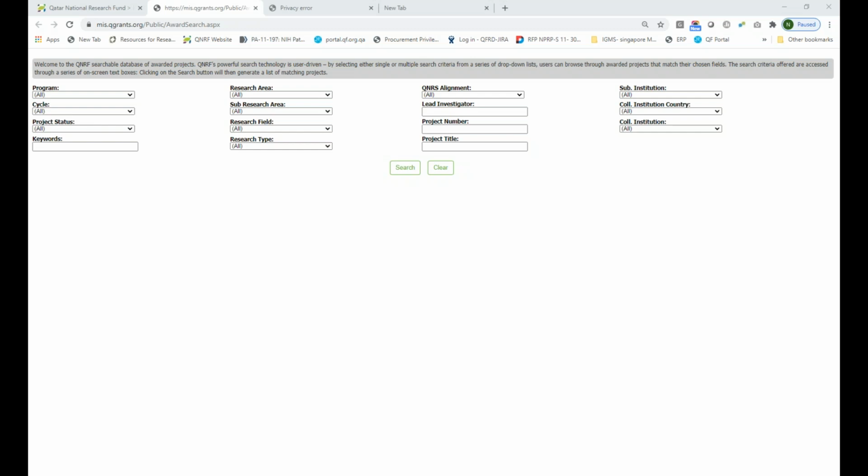Are there any restrictions on funding international partners? Yes, as I mentioned, we have a restriction: overall, only 20% of the total grant budget can go outside Qatar to international partners. So this should be calculated by the project director to see how much can be given to the international partners. We cannot spend more than 20% outside Qatar, and 35% of the effort must be the maximum outside Qatar.